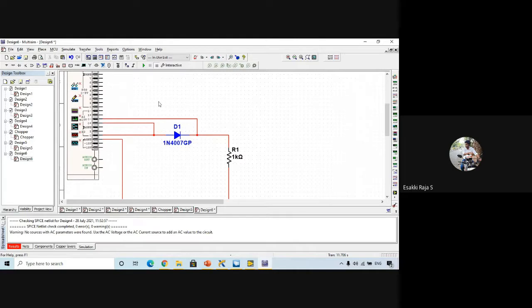So I just need to measure the voltage drop across the resistor. For that, this should be the connection: connecting 1 plus and 1 minus across the resistor.